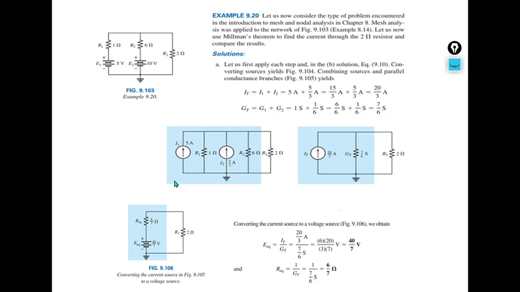Next, in the following problem we can see that two sources are connected with series internal resistance, so here we can apply Millman's theorem. Now what we know is that when internal resistance or internal impedance is connected to a voltage source, we can convert the voltage source to a current source by applying V by R in parallel with the R resistance, right?